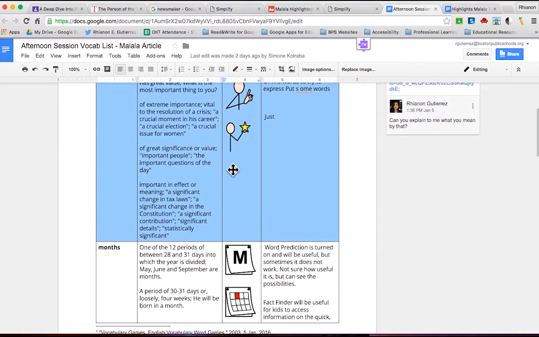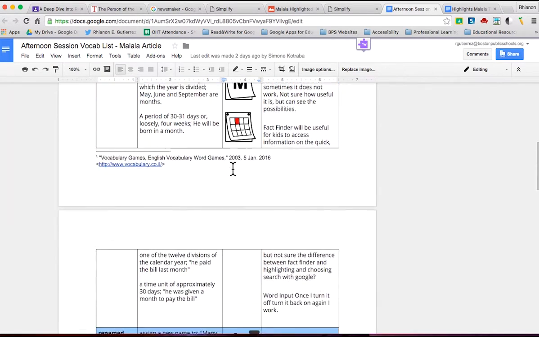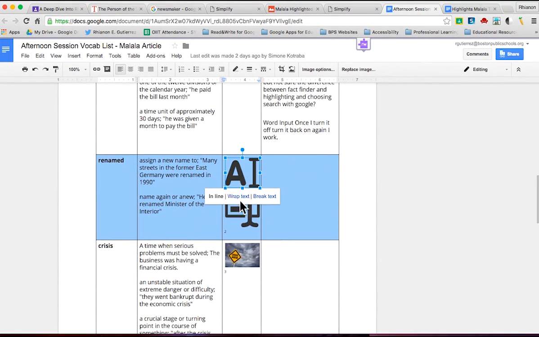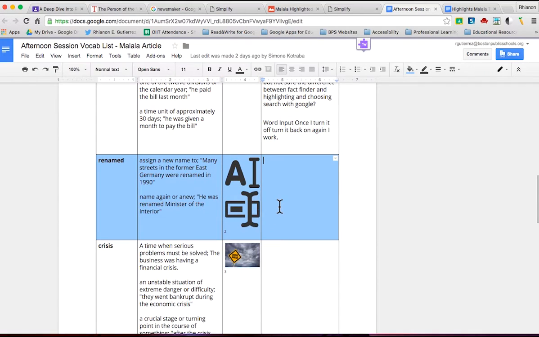Those have a very similar stylistic look, but renamed has a different look. So what happened here was that I did a search to get these images.